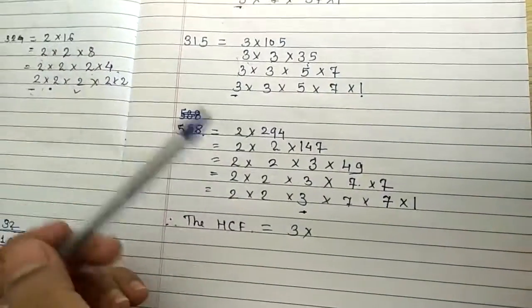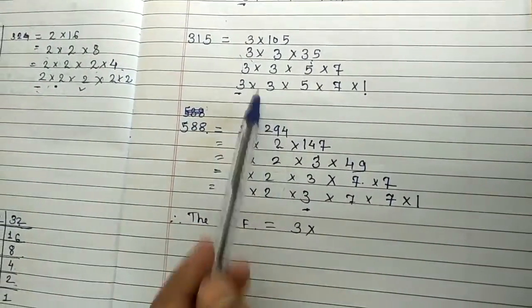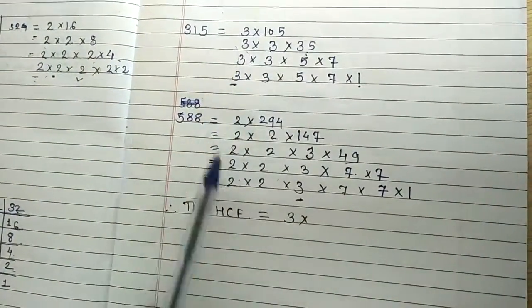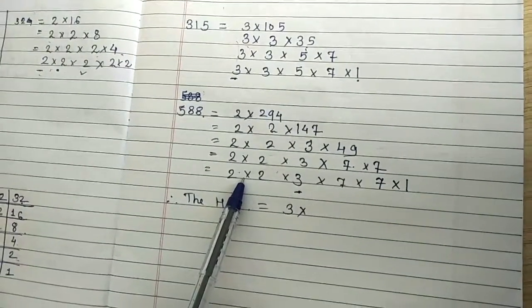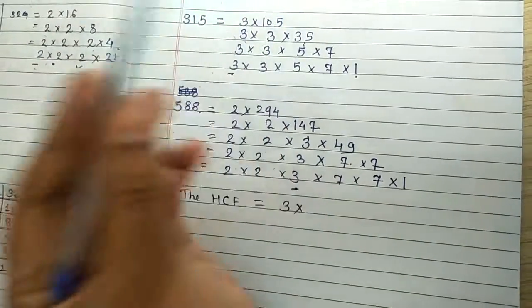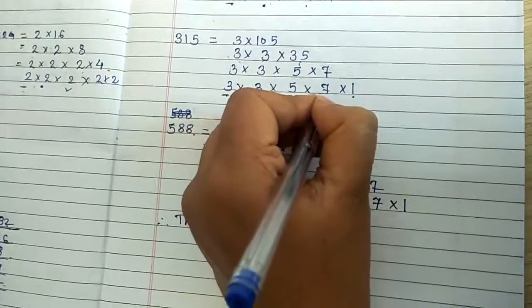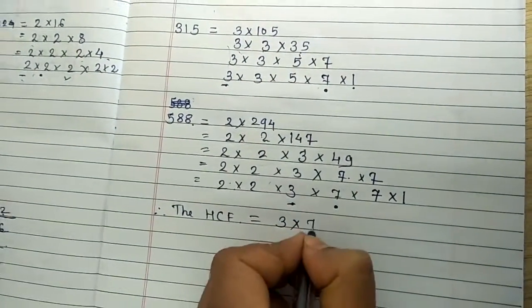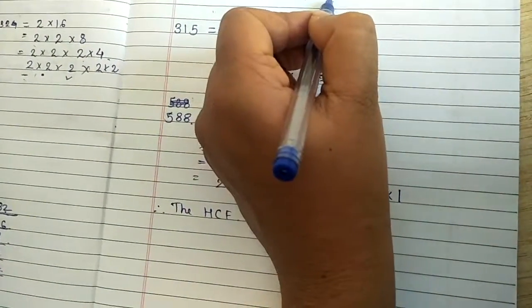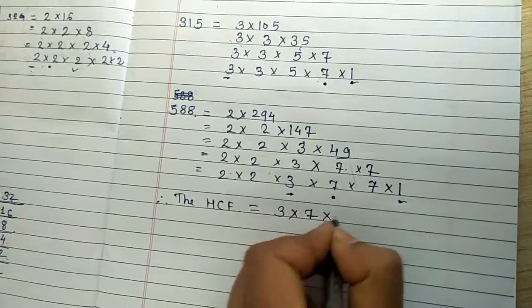Done. Now the next one, 3. Here there is one more 3, no, we want only a single 3. Then 2, 2, 2: here there is no 2, here there is a 2. 2 is only in the 588 prime factors, so we can't take it. Now the next 37. Now the next what? 7. 7 is here and here it is there too. So 7, 7 and the 7. The next one is 7. Now 37, no, 1 is also common. See 1, 1 and the 1, so into 1.